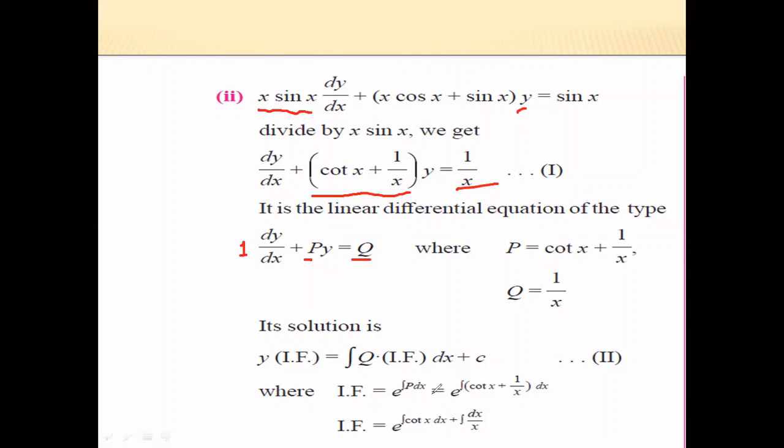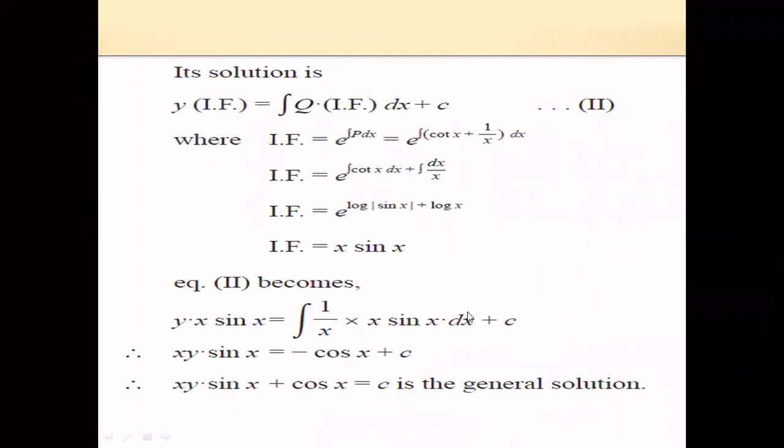So when we substitute the value of p, so it becomes cot x plus 1 by x. अब यहाँ पे दो टर्म है इसलिए हमने क्या किया, इसको सेपरेट कर दिया. So when we separate the term, so we get e raised to power integral cot x dx plus integral 1 by x dx. Okay. अब यहाँ पे हम जो है तो इसके आगे का सॉल्यूशन क्या आता है वो देखेंगे. Look at this. So this is the solution. This is said to be 2. Now if. So when we simplify the term, so integral of cot x, so it is very simple. Log of sin x. Integral of 1 by x means it is log x.